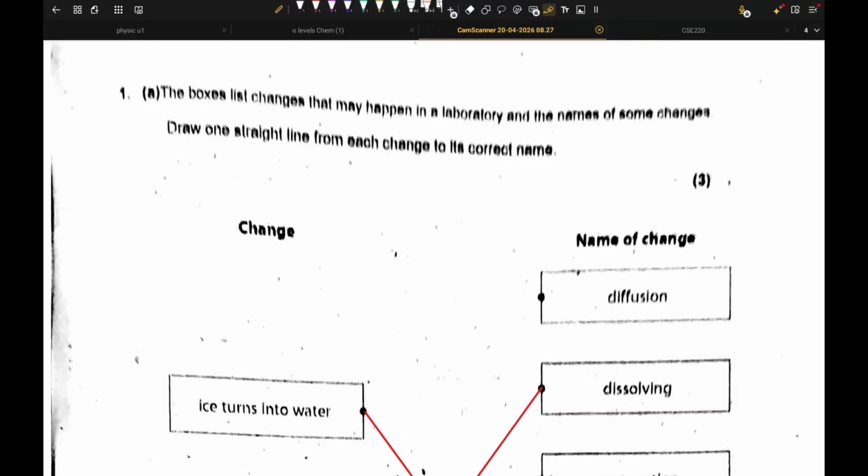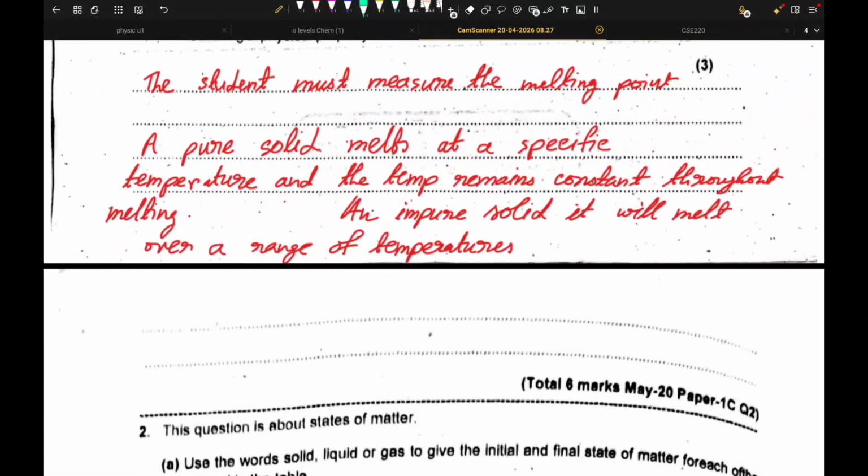Today we are solving chemistry chapter wise paper 1, and the topic is states of matter. Okay, those of you who have the chapter wise question paper, you can find this on the very second or